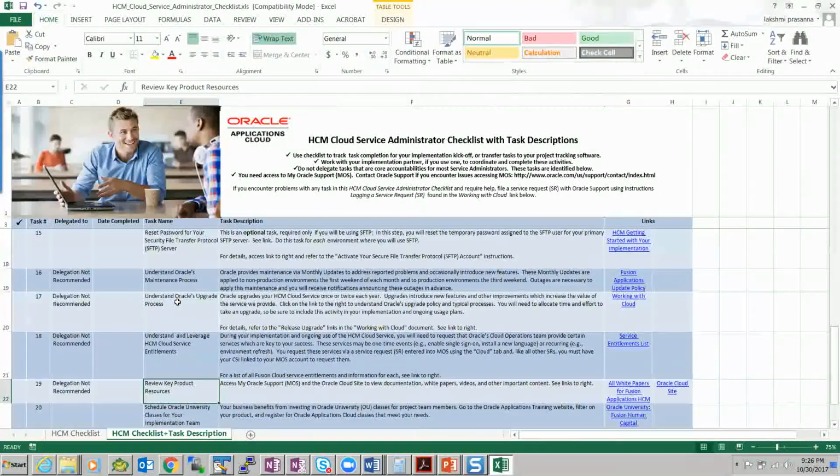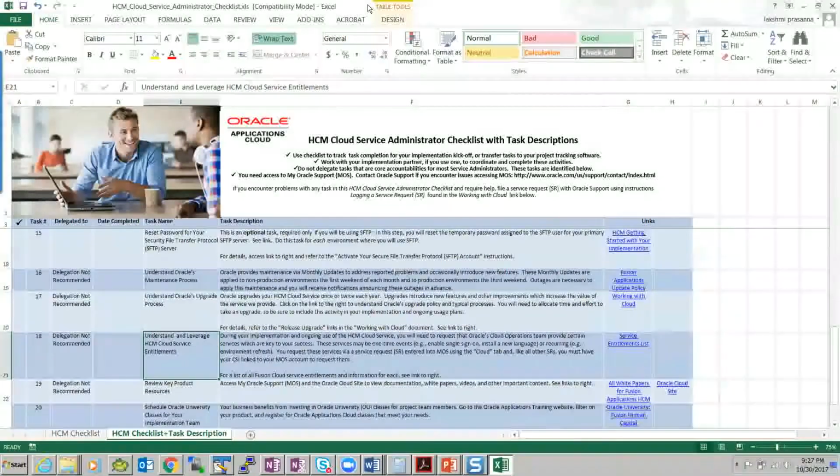Similarly, review the key resources. Sorry, can you share this Excel, what you have? I think I can share this. So yeah, no worries, it's not something private, it's a public one. Oh, sorry. Give me 1 minute. Back. Yeah, so